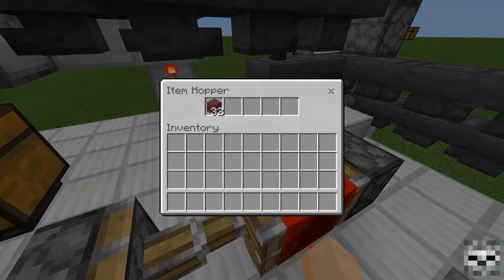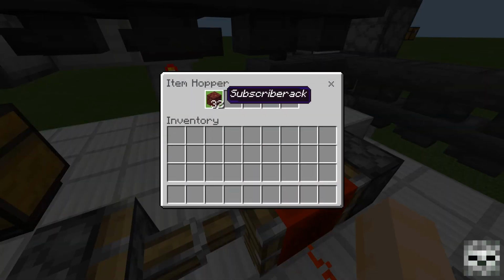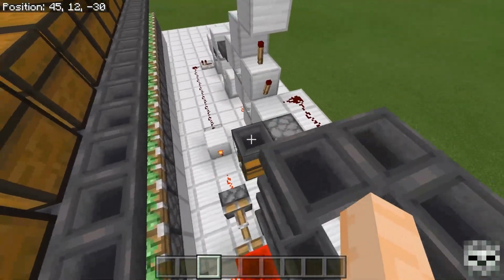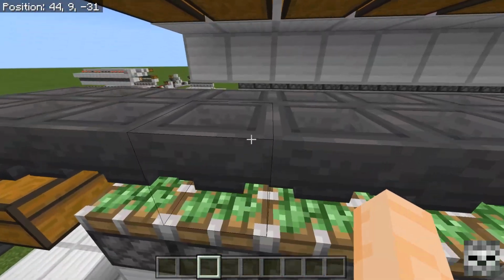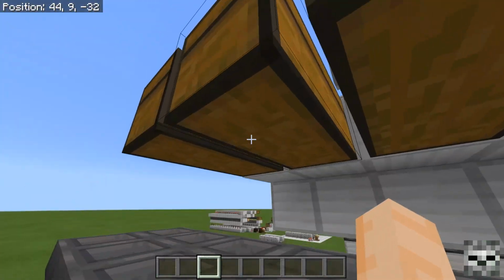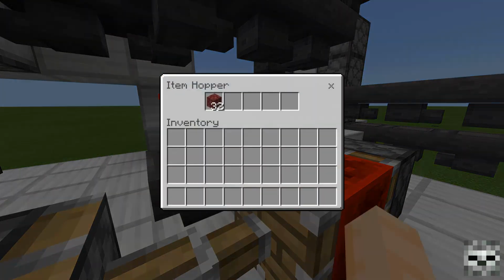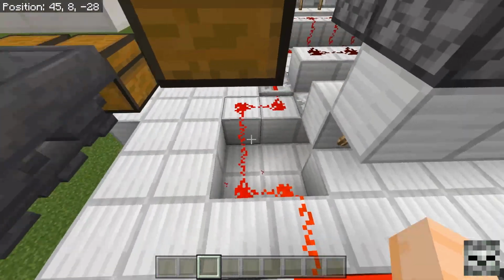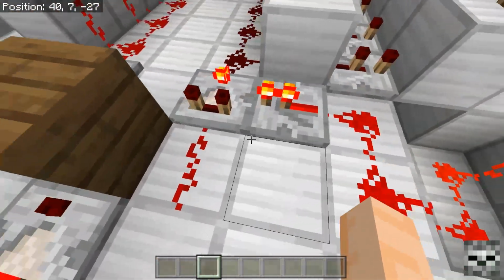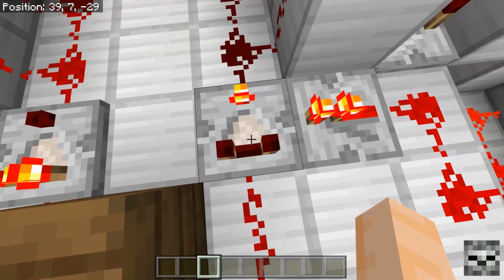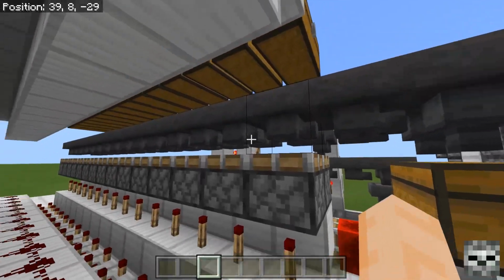The amount of the items that you put here, like my subscribe rack here, depends on how many items you're taking out of the chest. So since I want a full stack and I have 2 hoppers taking the items out of the chest, we have 32. Right now this is locked. We're getting some redstone signal over to the comparator here to interrupt it. See, nothing is powered here,